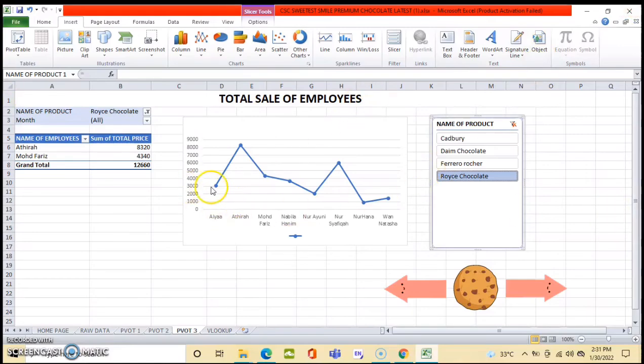This is a line chart or graph chart that shows us how the employees sell their product. For example, Alia 3,000, Atira 8,000, Muhammad Faris, followed by Nabila Hanim, Nur Ayuni, Nur Syafiqah, Nur Hana, and Natasha.